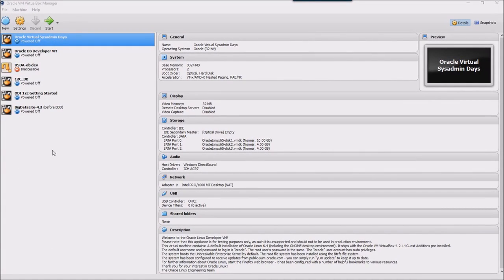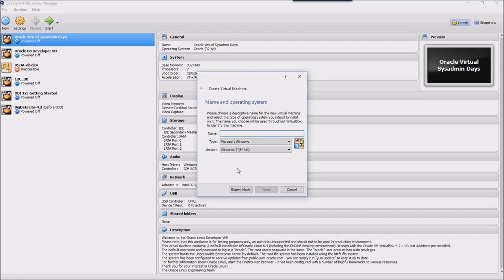Alright, now that we have downloaded and installed the Virtualbox software and you've got the ISO file from the Linux downloaded somewhere, we're going to go ahead and create a virtual machine in Virtualbox. So I'm going to go ahead and click New here, and I'm going to type in a name for this virtual machine that I'm creating. And I will call mine